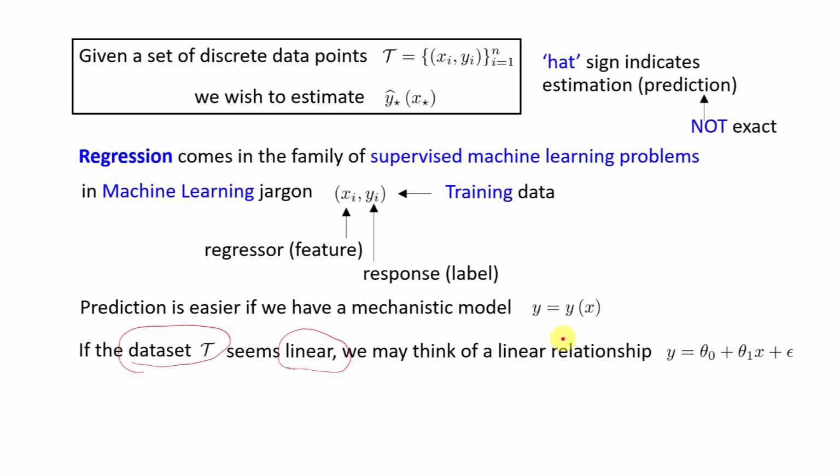If it looks like that, then we can think that y and x are related by the relationship y equals theta naught plus theta 1 multiplied by x plus epsilon. Here theta naught and theta 1 are certain parameters, so we take them as constants. Y equals theta naught plus theta 1 x gives the linear model, and this epsilon is the zero mean random error